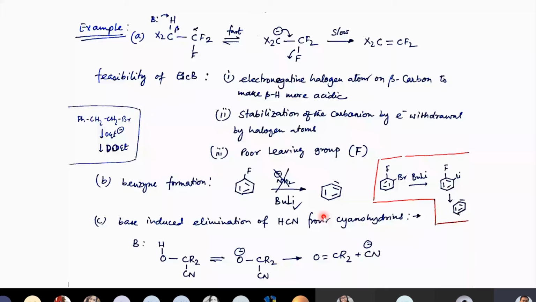If you have either a proton or deuterium, NH2 minus can take up this deuterium or proton for exchange, but the benzyne generally does not form because, as we said, fluorine is a very poor leaving group. But this reaction generally happens with butyl lithium. If you add butyl lithium, it will take a proton from here to generate a carbanion like this, and then the fluorine will leave in the second step, the slowest step, to generate this benzyne. This follows your E1CB pathway.